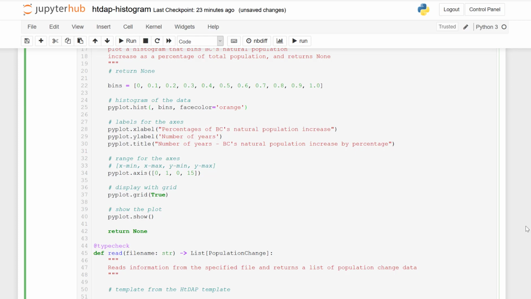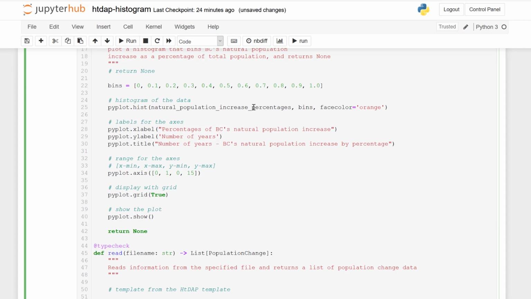So I would like to have a variable called natural population increase percentages that stores all the percentages, one for each year. Or another way of thinking about that is for our entire list of population change, creating a list of the same length that holds the corresponding increase in natural population as a percentage, one for each entry in the original list.